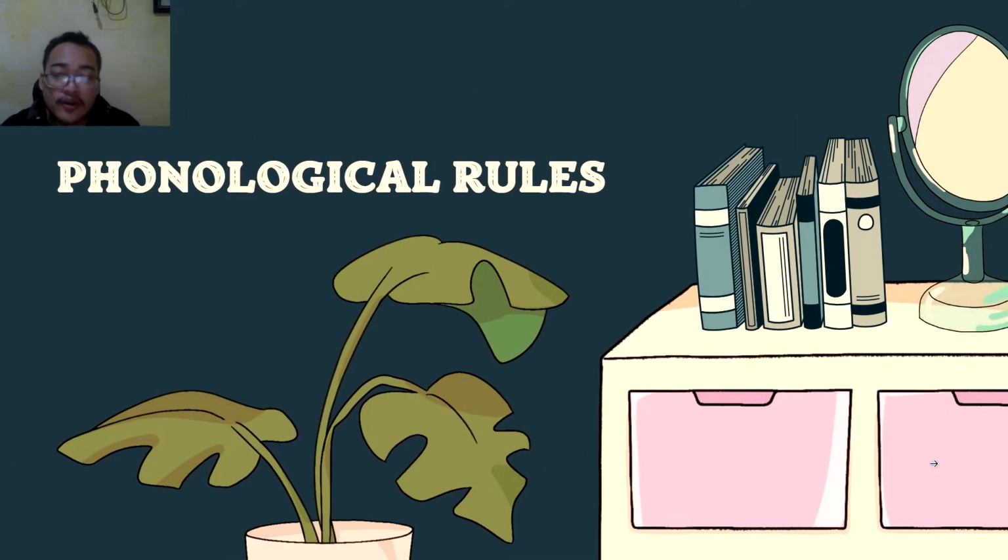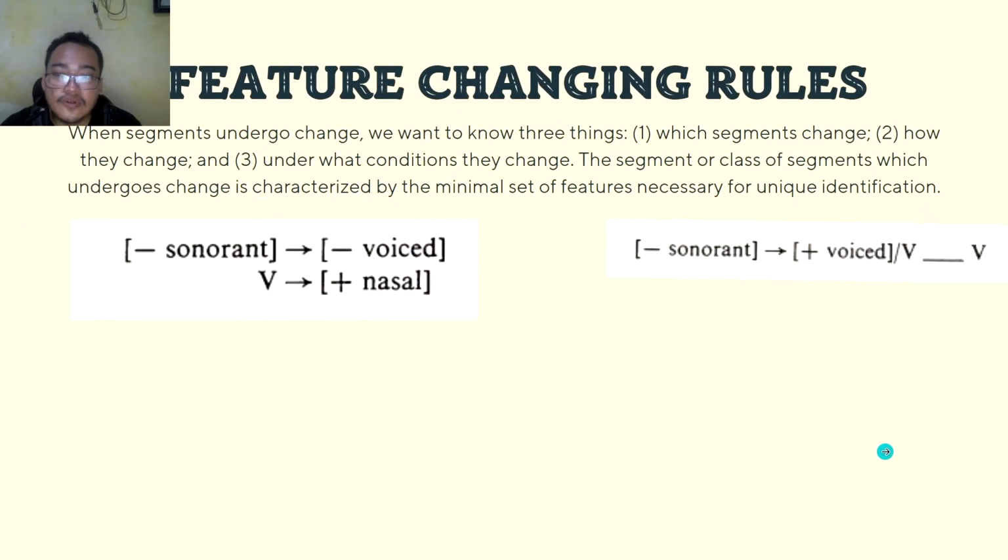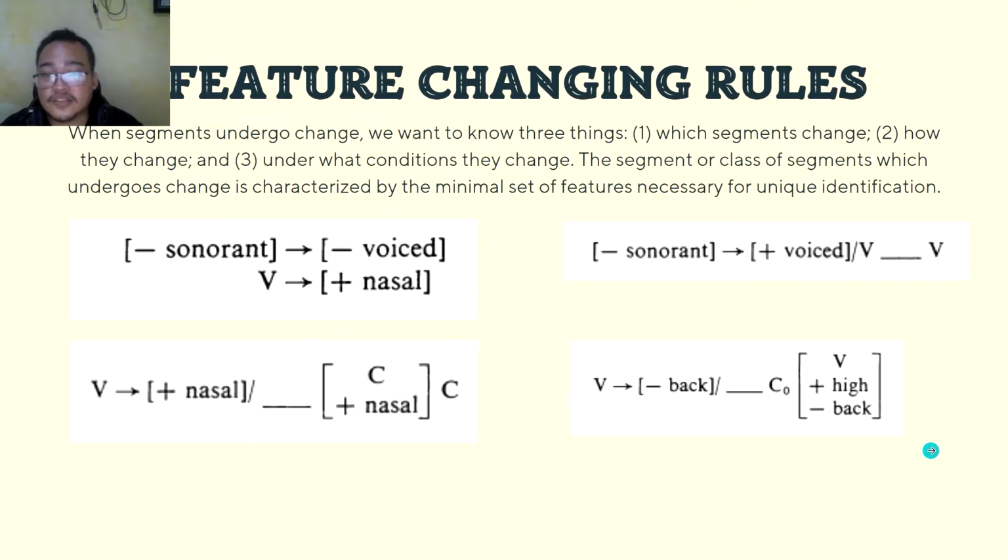This is our last topic, phonological rules. There are some subtopics in there. The first one is the feature changing rules. When segments undergo change, we want to know three things: which segments change, how they change, and under what condition they change. The segment or class of segments which undergoes change is characterized by the minimal set of features necessary